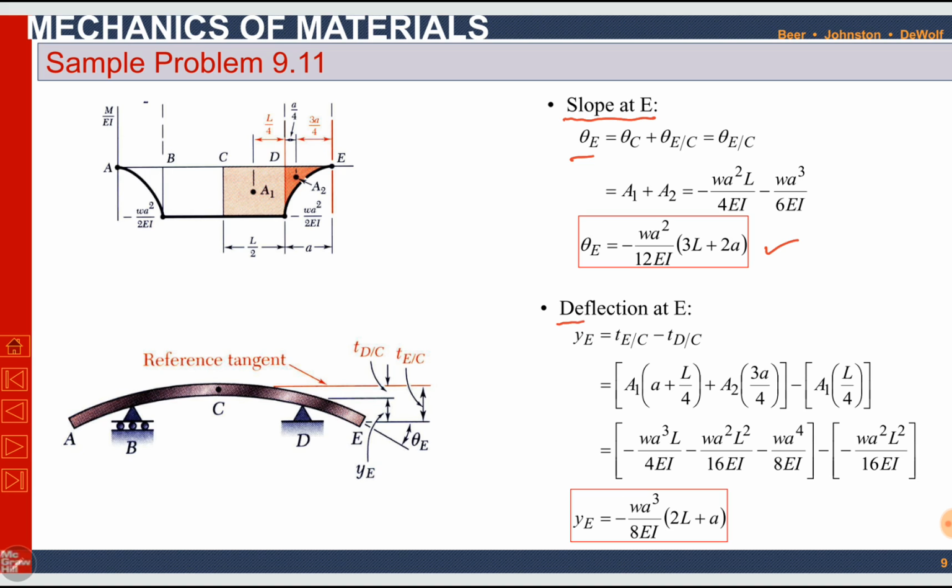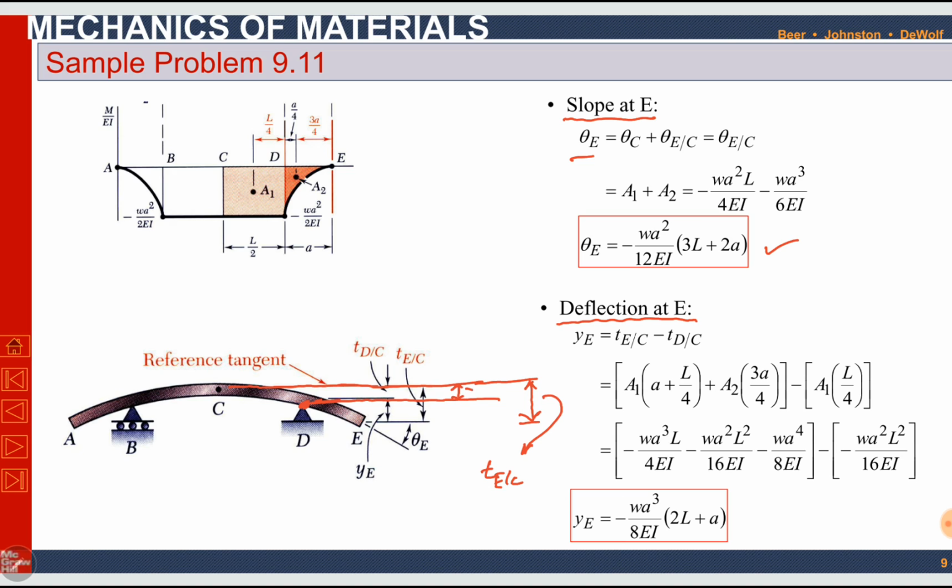To find deflection at E, YE, we can see here we know that tangent at point C is a horizontal line. We can find, okay, the deflection is always found from zero deflection. Zero deflection is at point D, because D is at support point. So we will find tangential deviation TEC